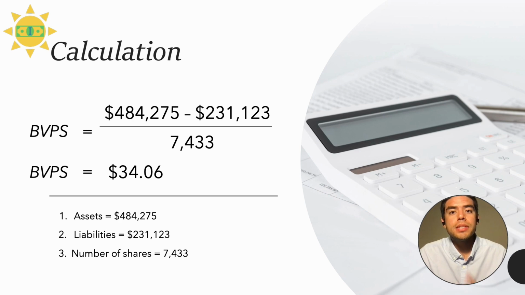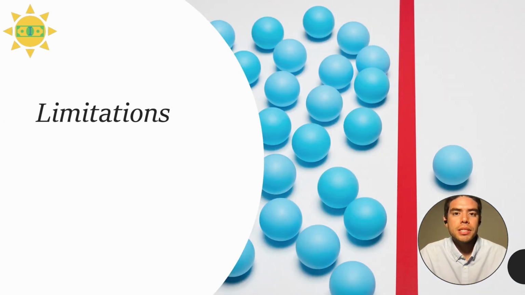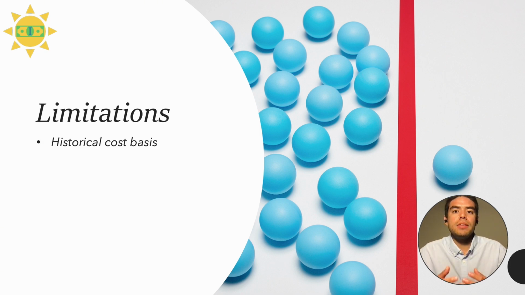However, there are some things to take into consideration. Let's take a look at these. Some of the limitations to consider include that the book value per share is based on a historical cost basis. This means that if the book value per share is calculated from Q1, then the change in price between Q1 and Q2 isn't accounted for, given the book value would be stable throughout that time, even if the company has made changes.